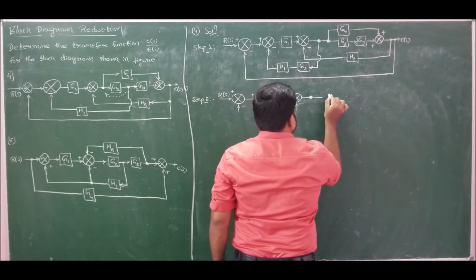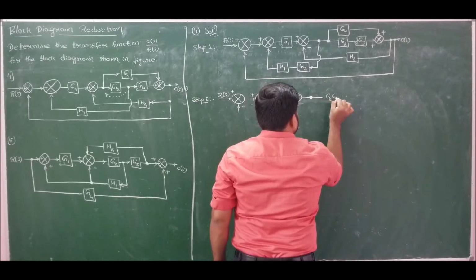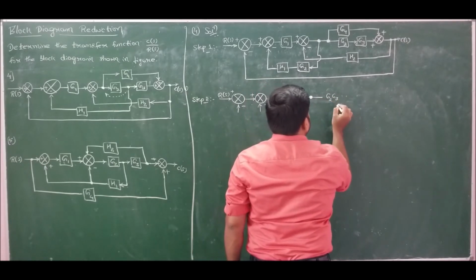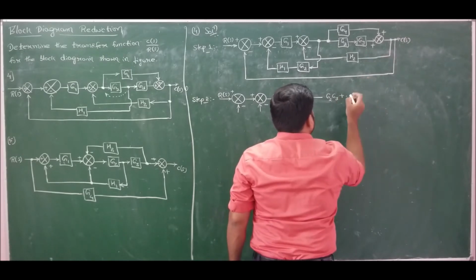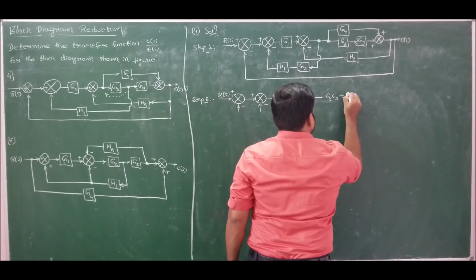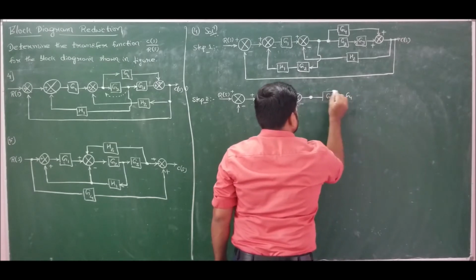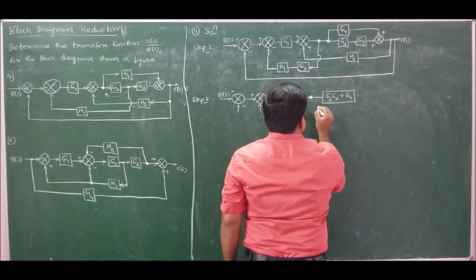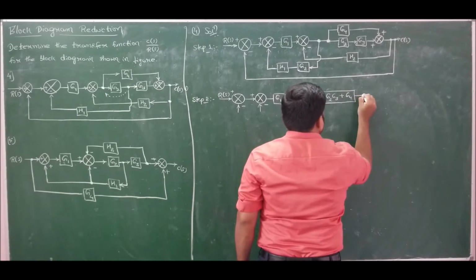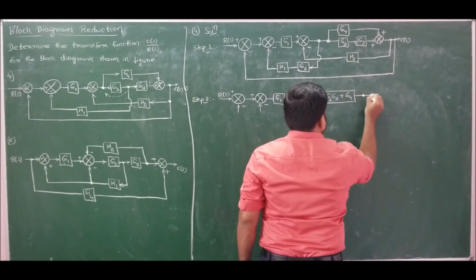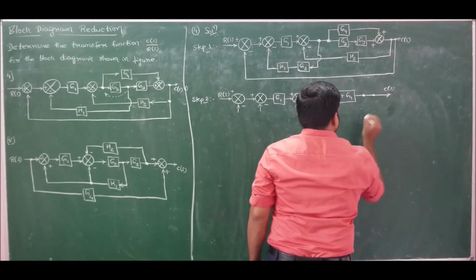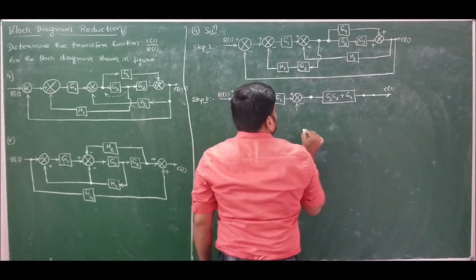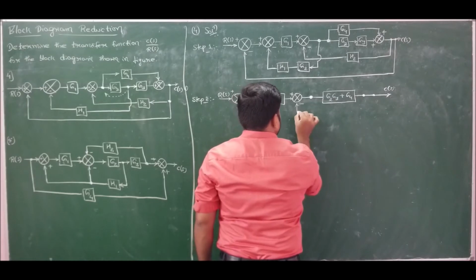So the solution is: G2 and G3 are in series. G2 G3 will be in parallel with G4. Since we have a plus, it is G2 G3 plus G4, and we have two feedbacks, that is two takeoff points from C of S, that is we have H2